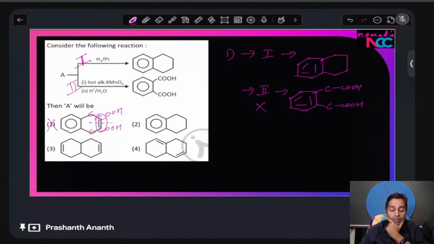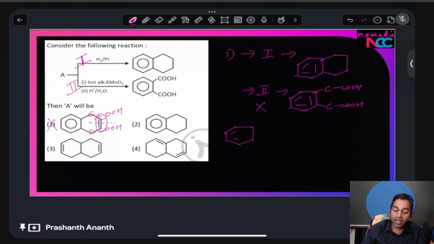There is one complication here which is unnecessary, honestly speaking. Because technically speaking, if I'm going to be hitting it with hot KMnO4 here, there is a possibility that this also might break down. Because usually when I'm going to be hitting something like a compound like this, let me just mention the controversy slightly. If I have a compound like this reacted with hot KMnO4,